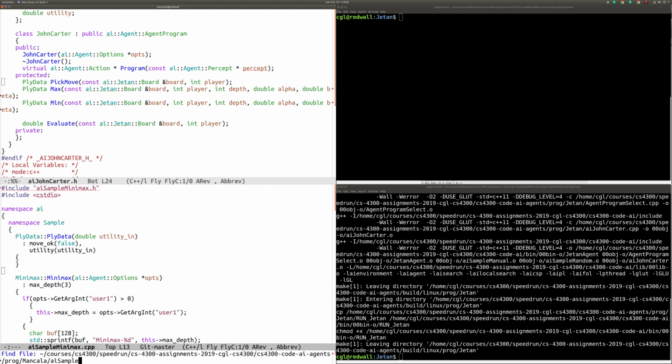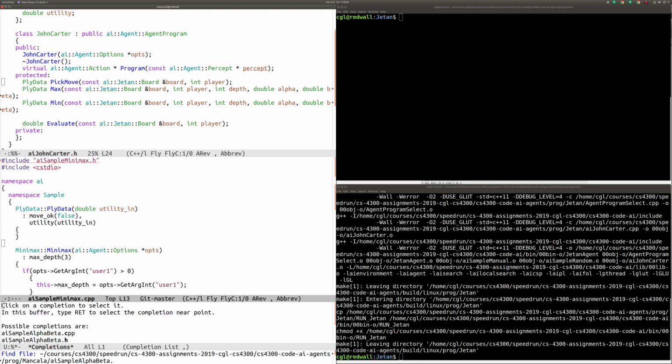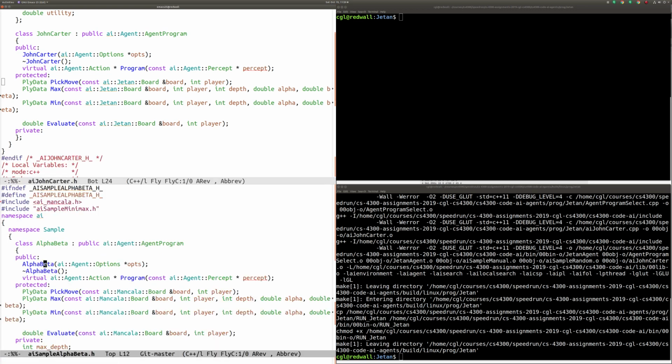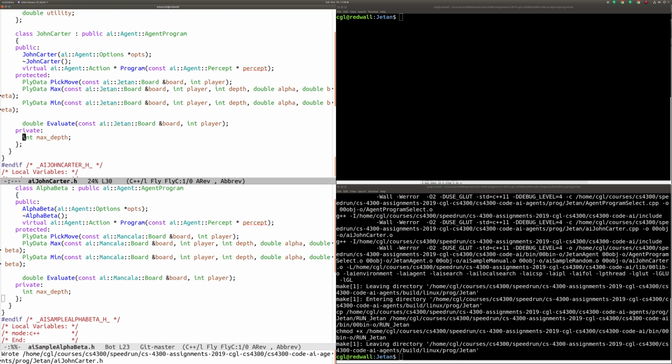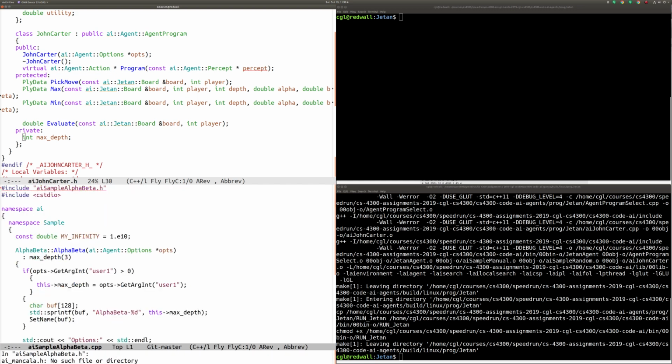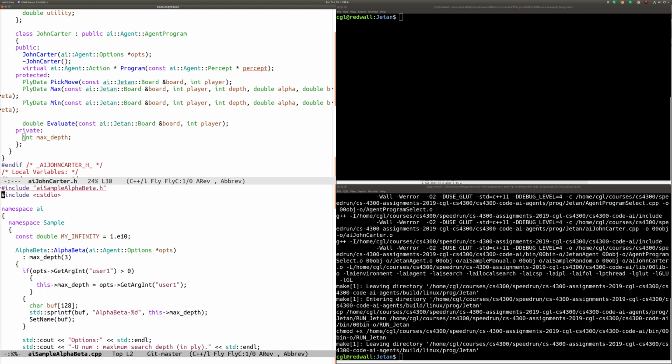Okay, I'm going to go back to AI sample alpha beta.h, which is where all these things were declared. Oh, we better copy forward max depth, because that's probably going to be important for us, for our depth cutoff. Okay, let's go into AI sample alpha beta.cpp, the implementation file, and let's see what kind of things we need to start bringing forward